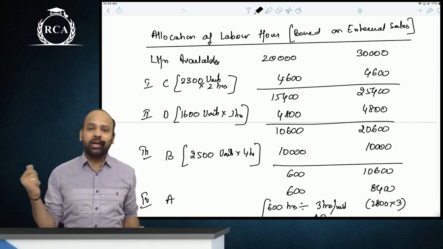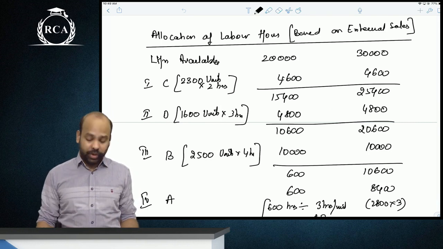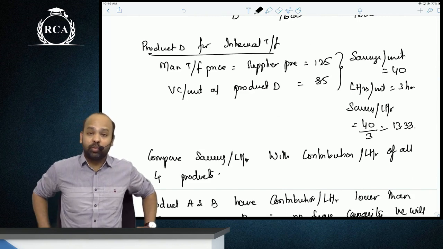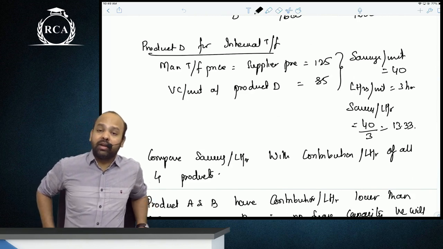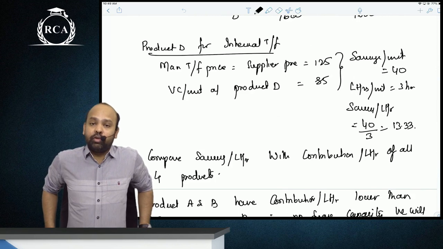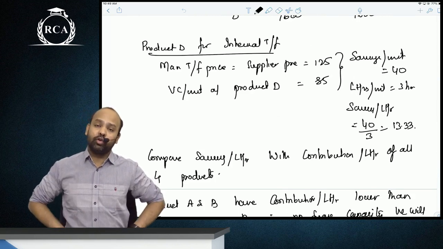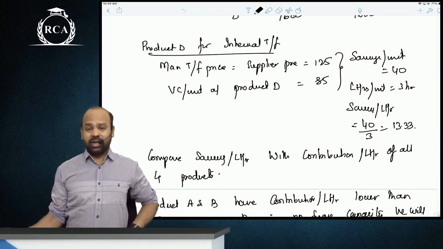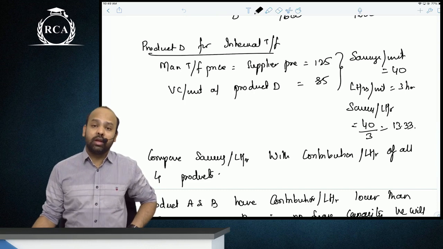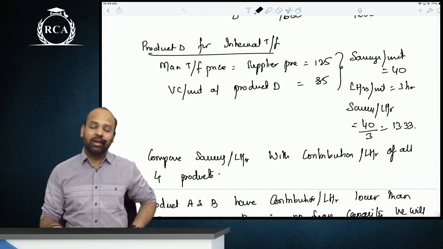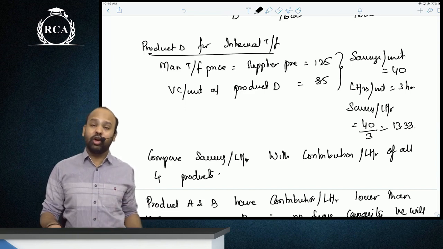The other division can procure the component at 125 rupees from the external market, considering a variable cost of 85 rupees to manufacture. If this product is internally manufactured, we are saving 40 rupees, and to save that 40 rupees you'll have to utilize 3 labor hours. So that is effectively a saving of 13.3333 rupees per labor hour. I will have to compare that saving of 13.3333 rupees per labor hour